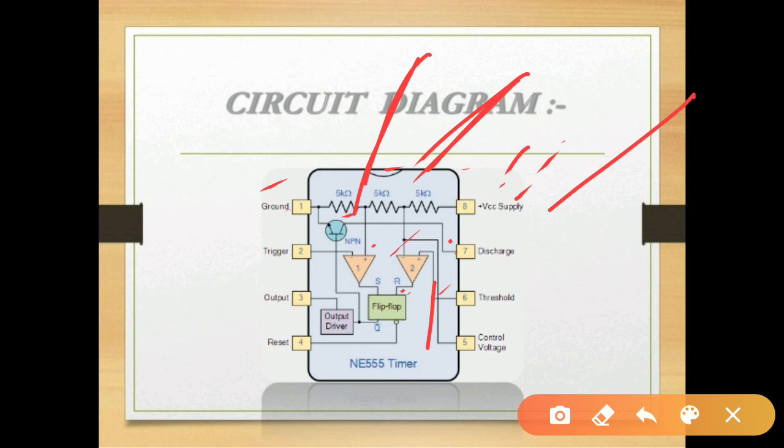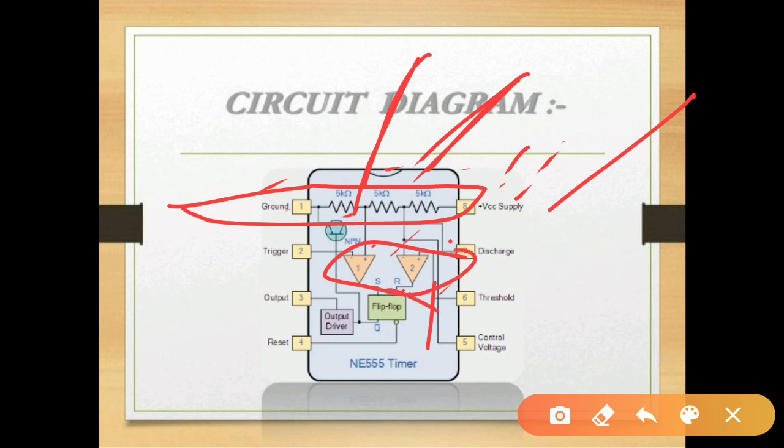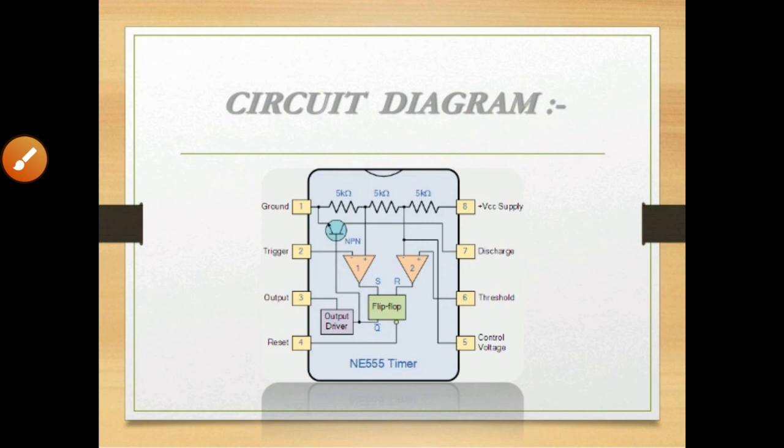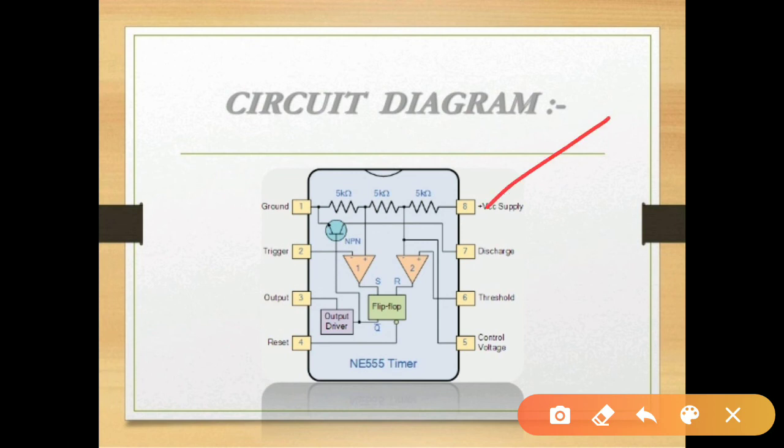This is the internal architecture of any 555 timer. All 555 timers internally consist of one voltage divider network, 2 comparators, and a flip-flop and driver network. So these are the main 3 components of the 555 timer IC, okay. So that is the internal architecture of the 555 timer. It consists of the voltage divider, 2 comparators, comparator 1 and comparator 2, the flip-flop and the driver output.